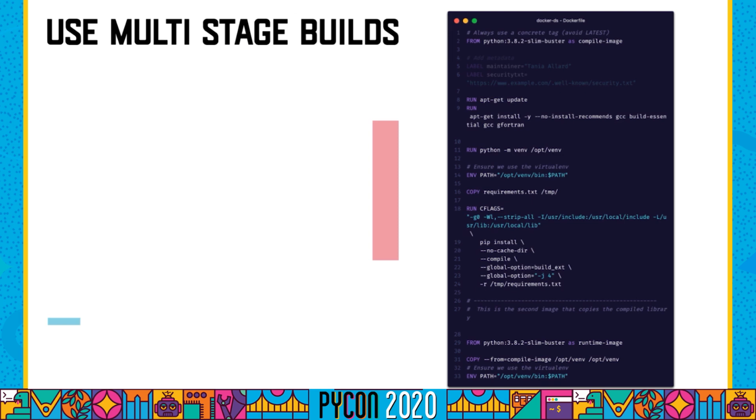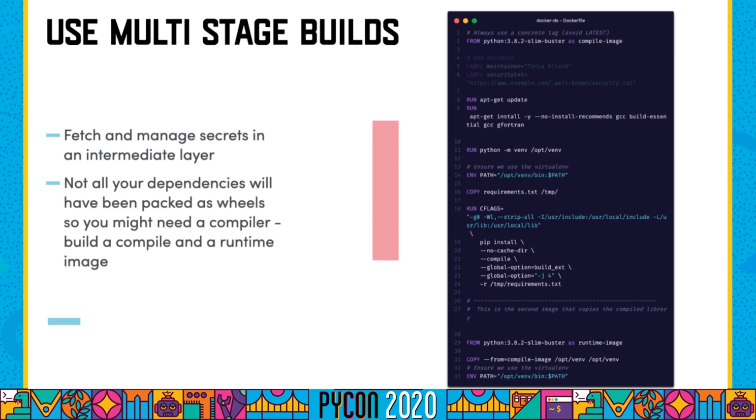A very powerful way to secure your Docker containers and to keep your secrets secret is using multi-stage builds. If you fetch and manage secrets in an intermediate layer, that layer or that image is disposed, and then they're not persisted in the final image. Another advantage, and that is very, very important and helpful, especially in the scientific Python ecosystem, is this: